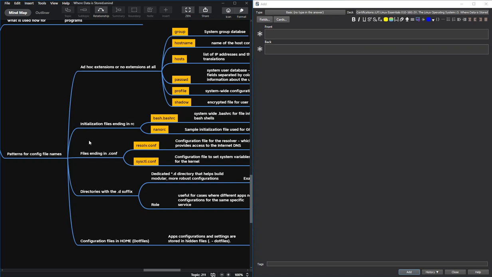Okay, so I'm thinking of doing a question that will ask what are some patterns, and then just drill down into this pattern config file. Okay, what are the 5 main categories that divide patterns for config file names? Configuration file names, I suppose. And then we can have